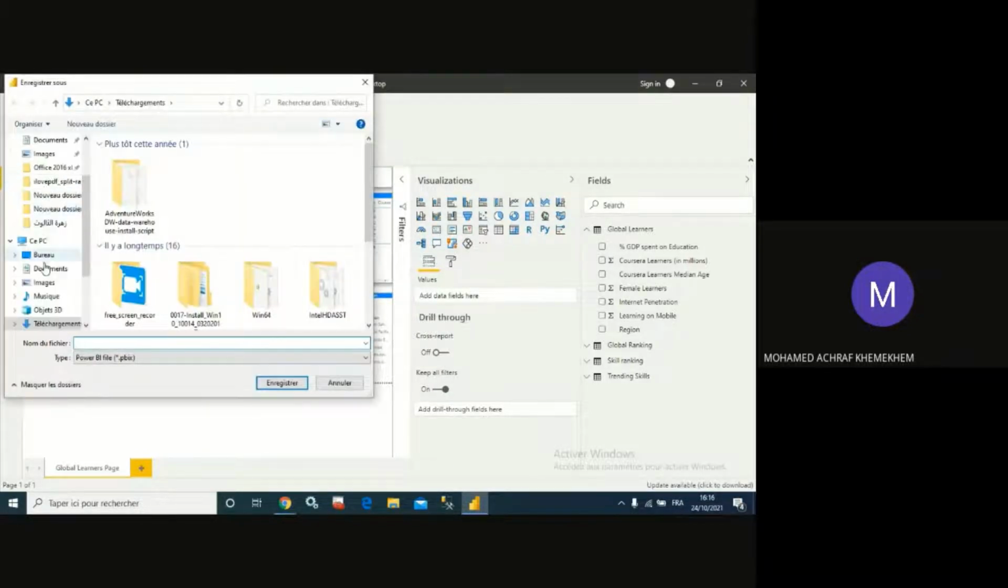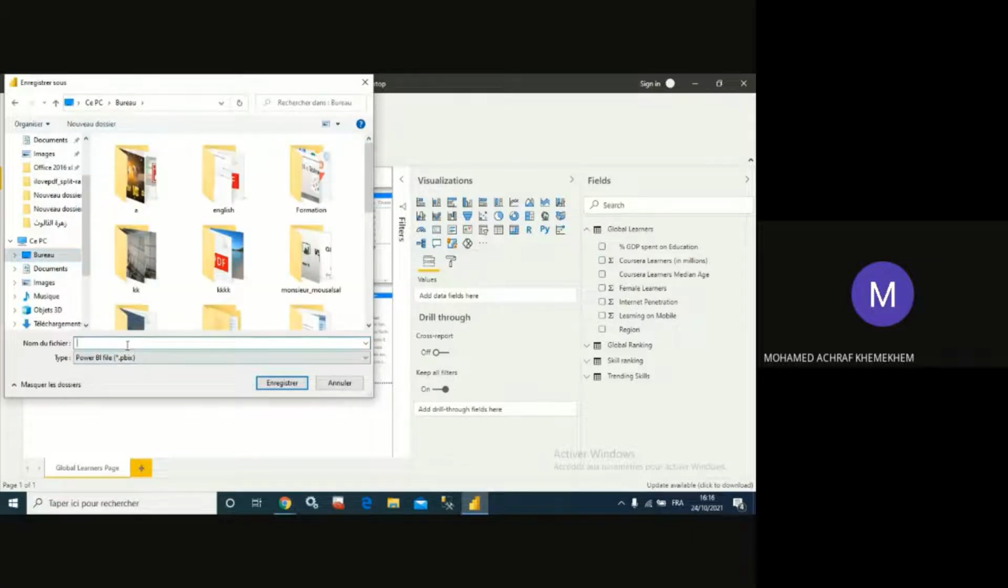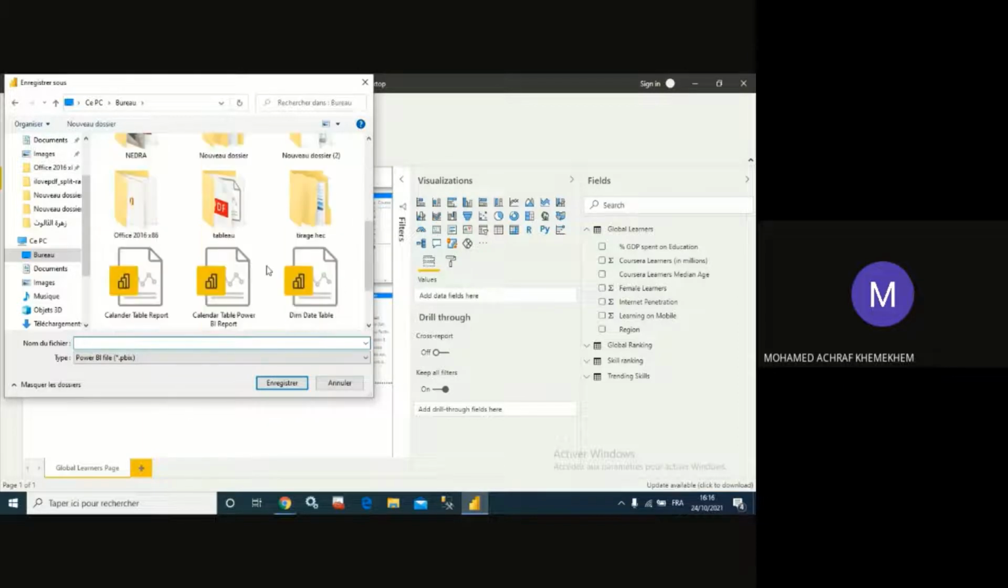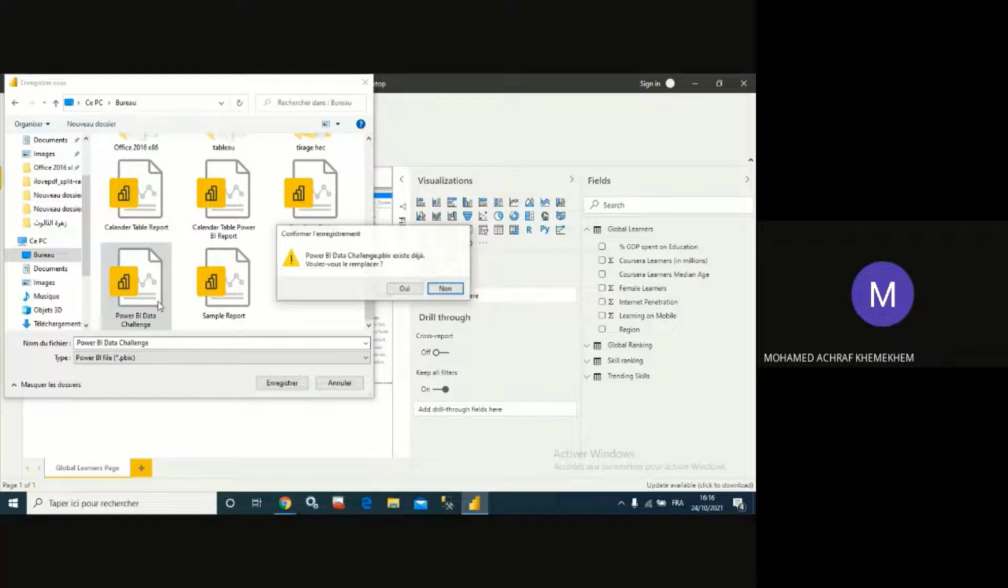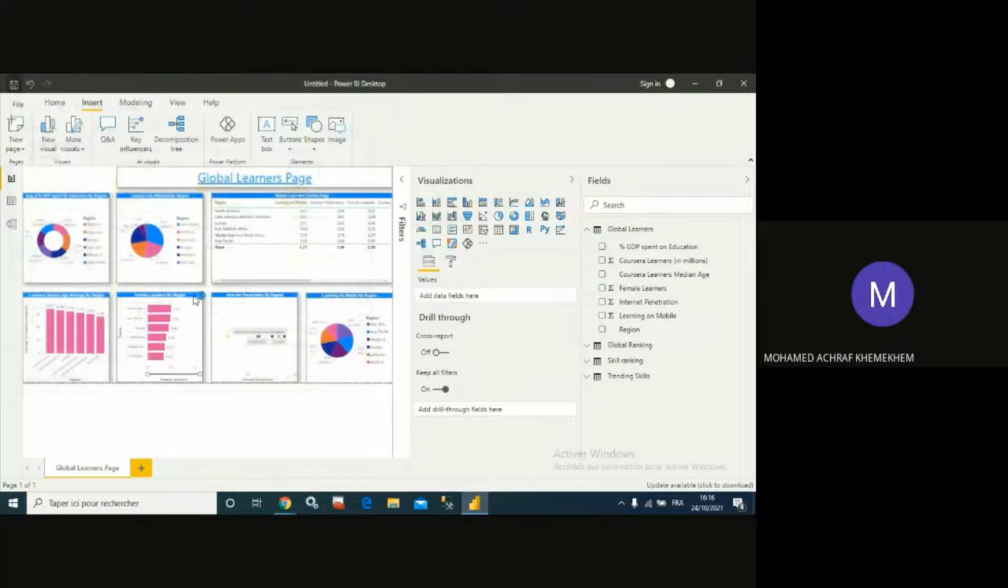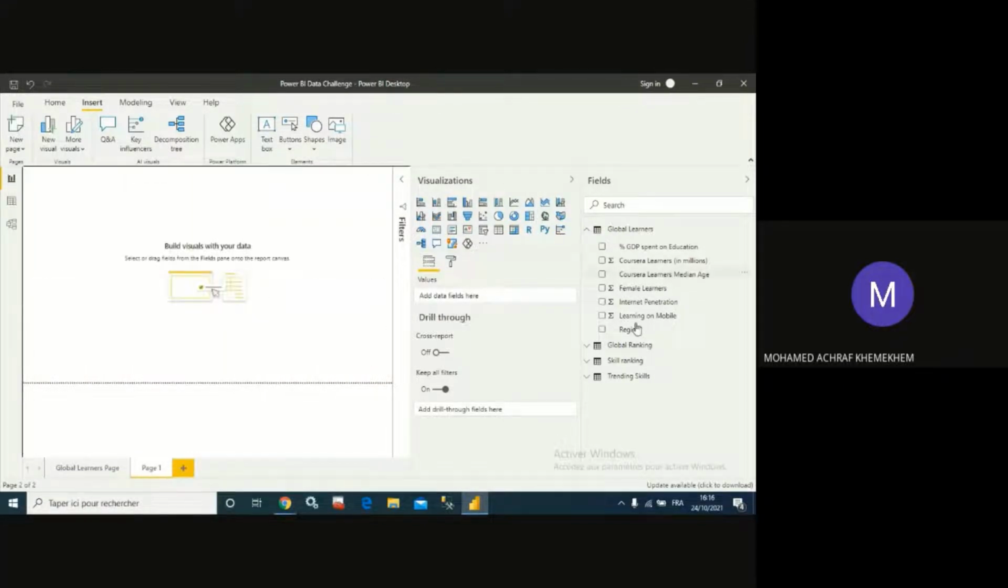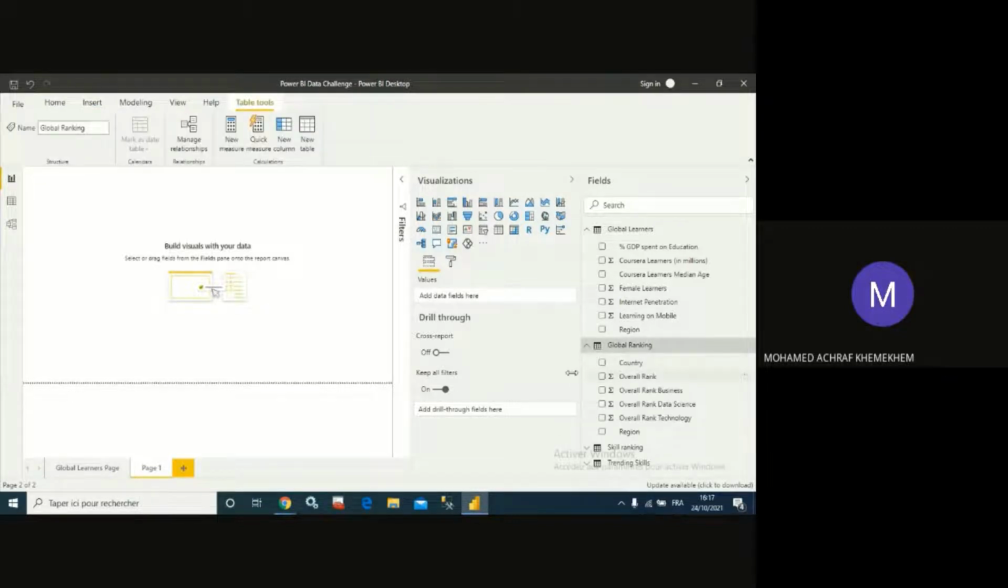First of all, let me save the Power BI report. So let me replace this one by the new one. Okay, I rename it by Power BI Data Challenge. So let me use the global ranking for this page, but first of all,